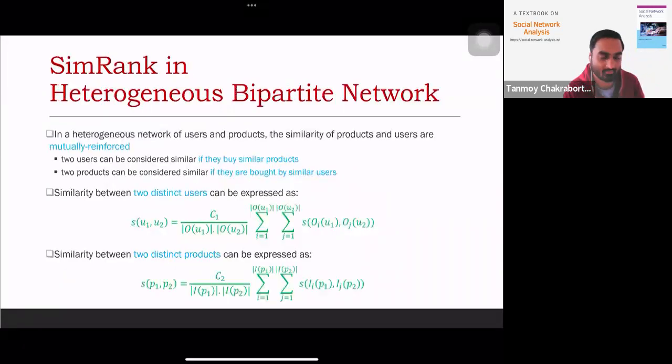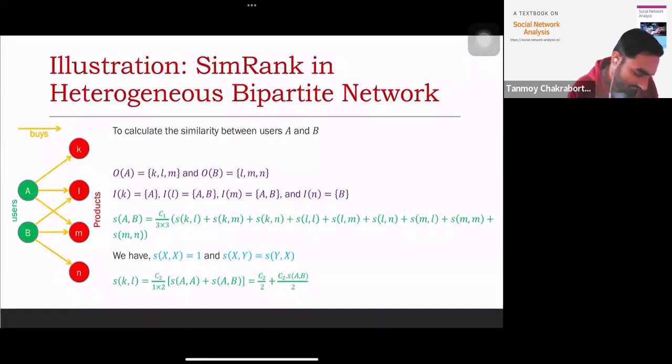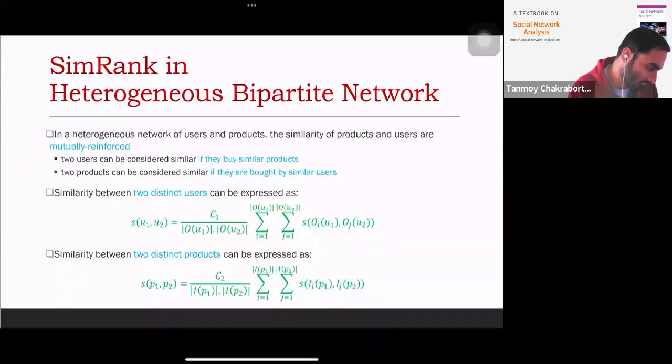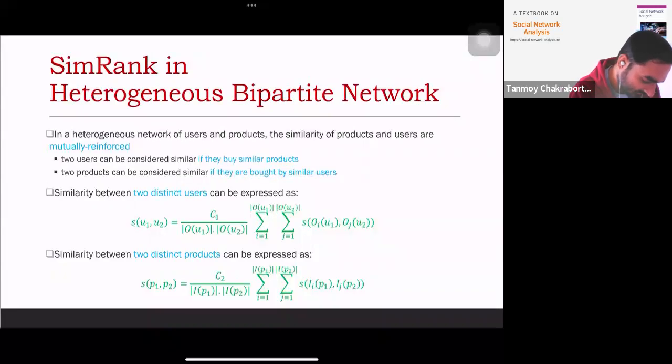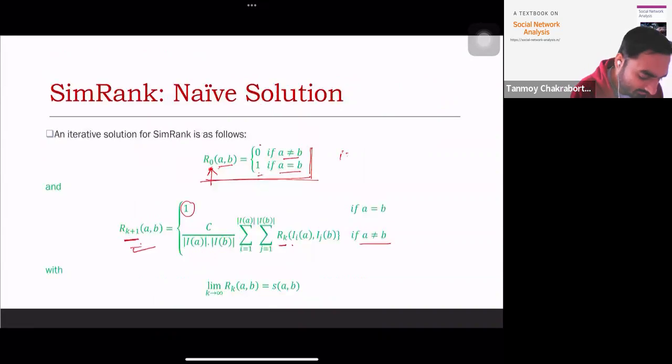Now let's take an example. One example is given in the book. I'll discuss an example, but after a few minutes. Now in this particular formulation, we have not considered any types